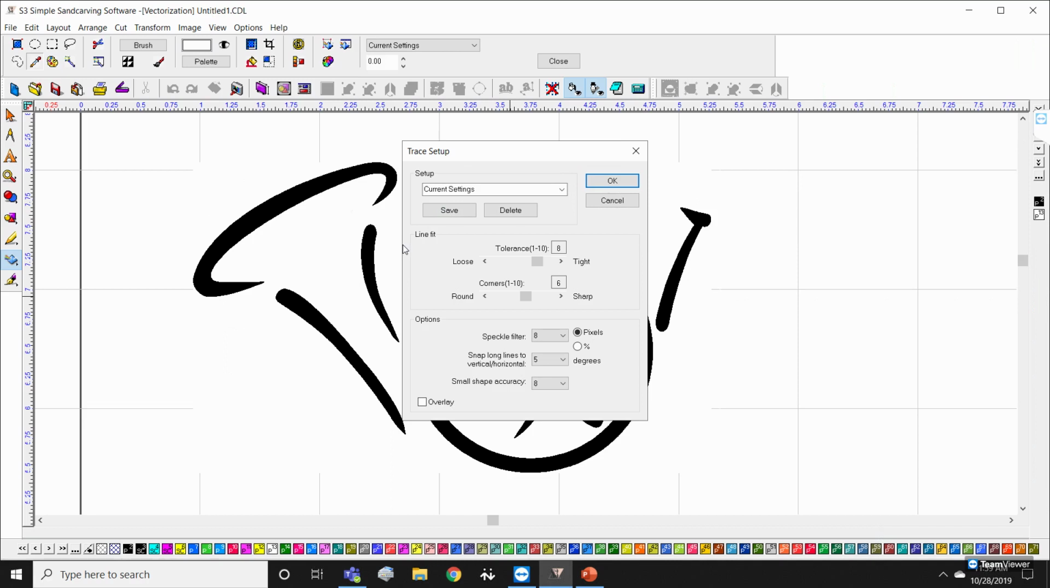look at my trace setup, which comes up next. And these are different tolerances. There are different settings that you have here that you can use. But what I'm going to use right now is some custom settings that a friend of mine gave me. They work really well. So I use a tolerance of 8,